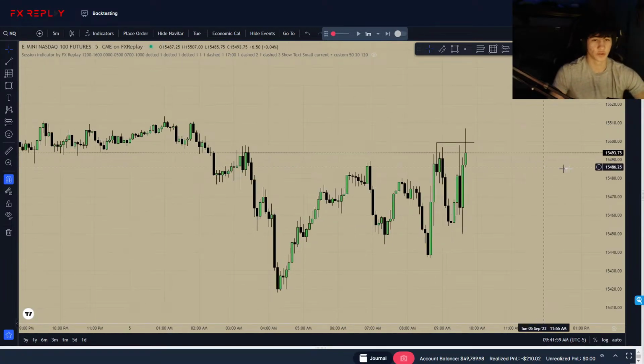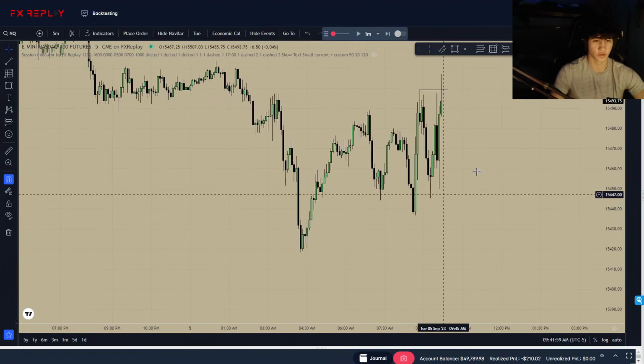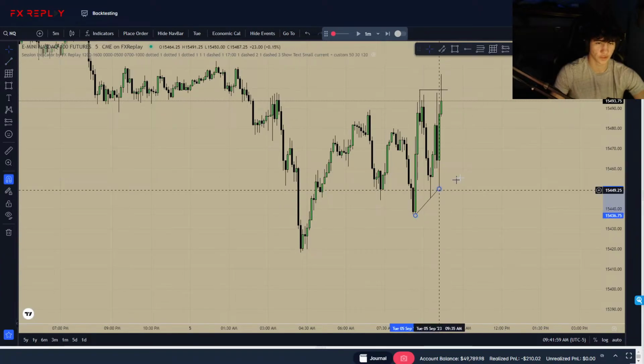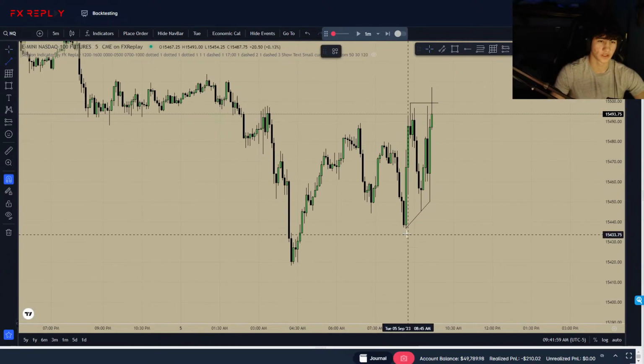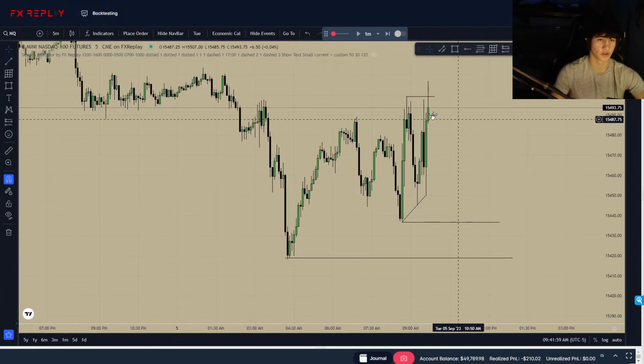So, of course, watching the 5-minute, looking for confluences. Let's look for a draw on liquidity because we have these. I wouldn't call this low resistance liquidity unless you're dealing from the higher time frame, then this would be considered low resistance liquidity. So I'd say this would be our draw. This could be our external draw, just because we took out that high.